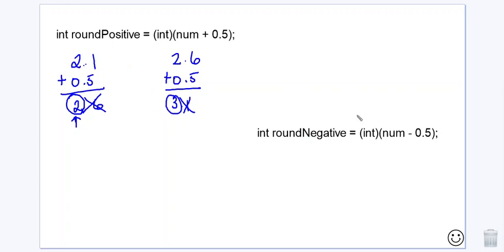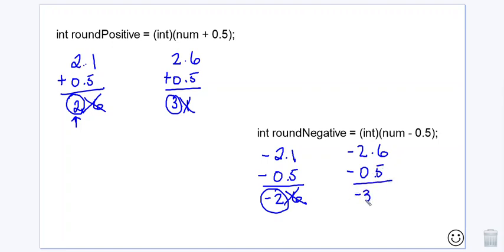Now what about negative numbers? Well, for negative numbers, you subtract 0.5, and let's see why. So let's start off with negative 2.1 and negative 2.6. All right. So if I subtract 0.5, I get negative 2.6, and then if I cast it to an int, I truncate or drop the decimal portion, and indeed negative 2.1 would round to negative 2. And then over here, if I subtract 0.5, and then I cast it to an int, I would truncate or drop the decimal portion. So again, these are handy little things for you to come back to once we get to that point. But just realize the power in casting and combining with